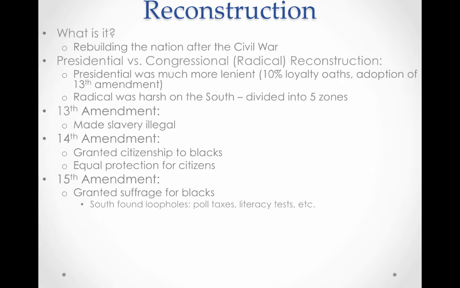Is there a way we remember the 13th, 14th, and 15th Amendments? I think so. It's free citizens vote. I feel like we should have them write that down right now. I think it's a great idea. So please write down Free Citizens Vote right now. And then write it one more time. Oh, yeah. Write it down twice.